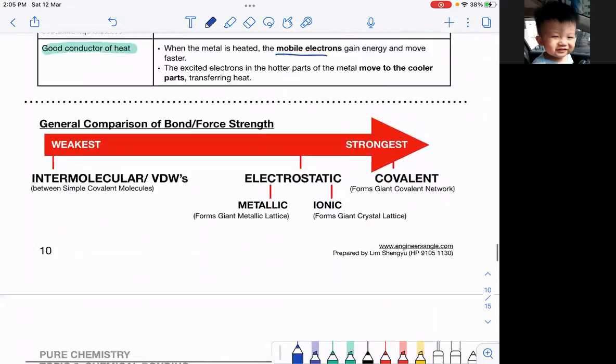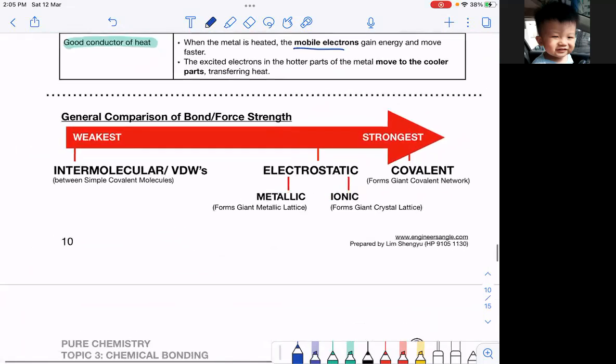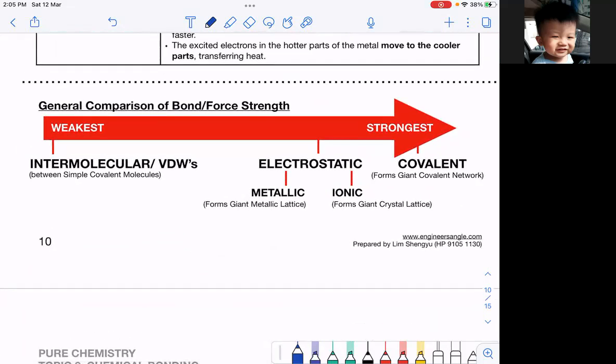Now, this picture is only for pure, because for combined, how come I don't give you this picture? Because you all don't need to know this. That's why it's just ionic or simple covalent. So it's just one weak, one strong. You understand? So for your combined, you just need to know why it's weak. The only time you say the word weak, it goes with intermolecular forces. The only time for combined you say strong, it goes with